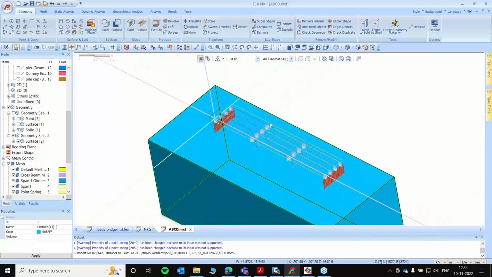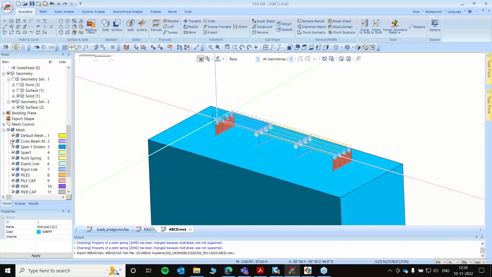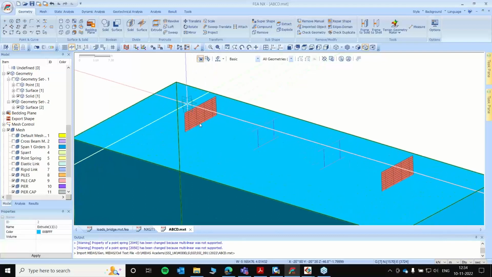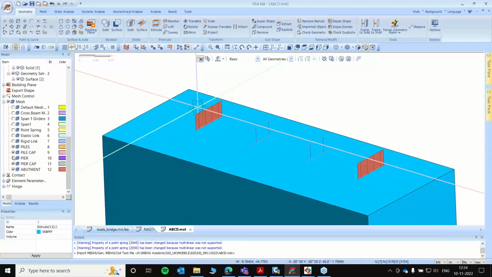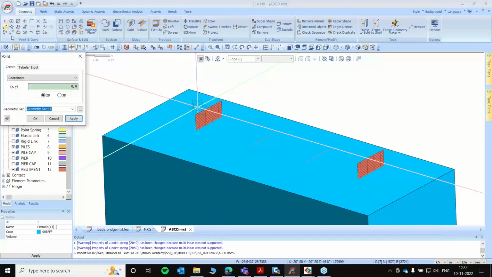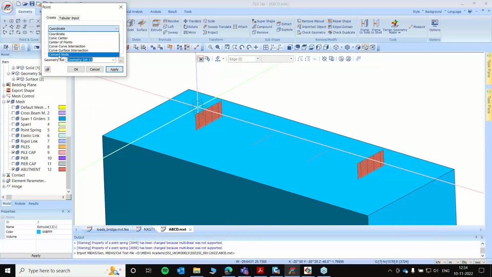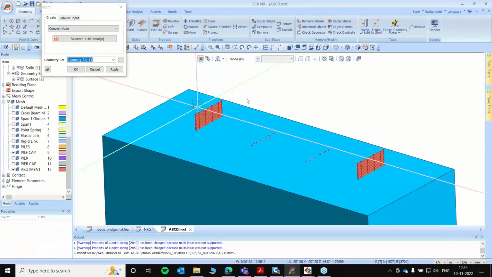Now I'll go to the meshing part. So I'll hide the default mesh and the mesh that we don't need for now. We only need the mesh around the pile cap, the abutments, and the piles. So I'll hide everything else. So what I'm going to do now is I'll go to geometry, point, convert node, select, my bad.